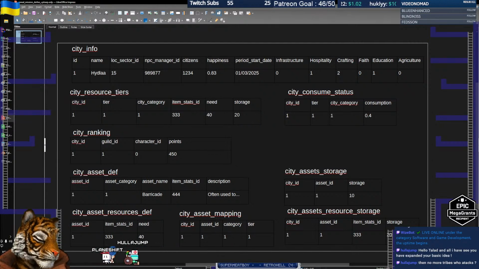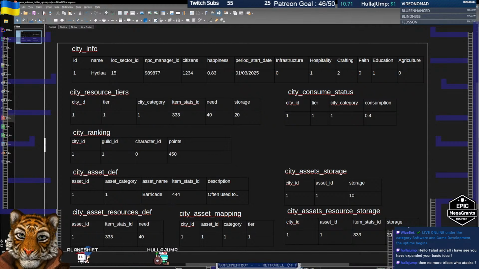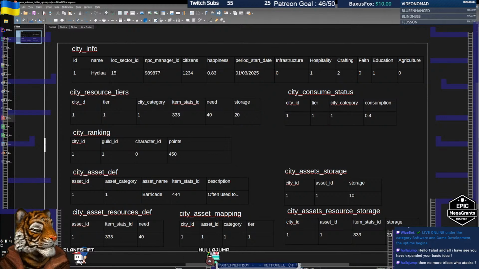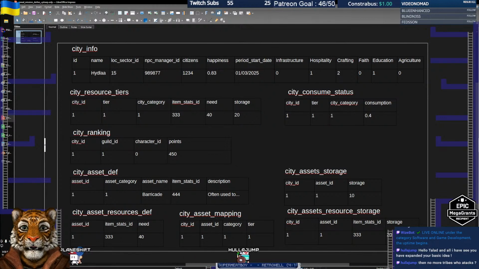Let me think about it, because it is the foundation. This is the foundation, and we have to do it right. We cannot do it wrong. Well, we can always rework it like we did yesterday, but